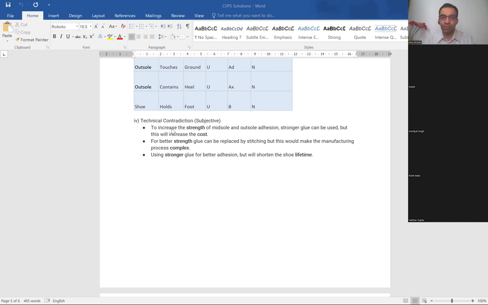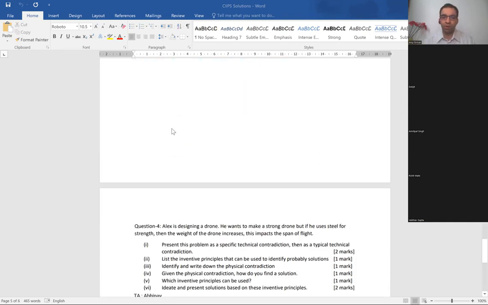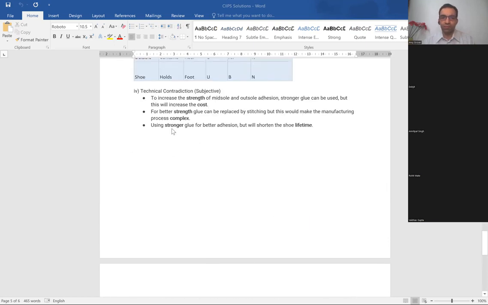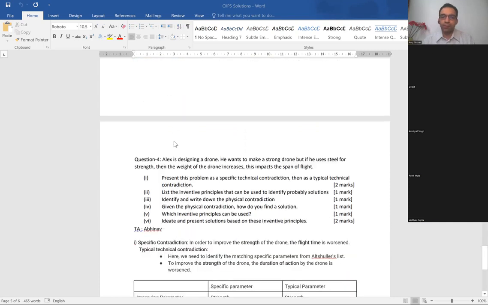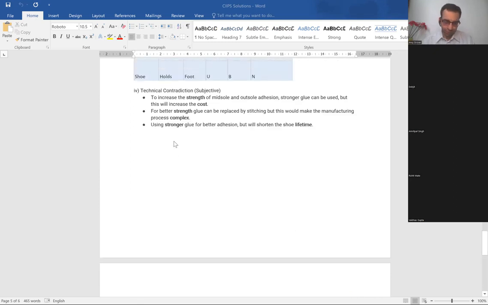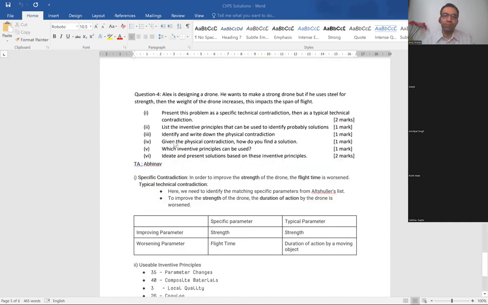If I increase the strength of the midsole by using stronger glue, then this happens. If, then, but is the format that you have to be careful about. Should we move forward? Any questions here? Okay. So